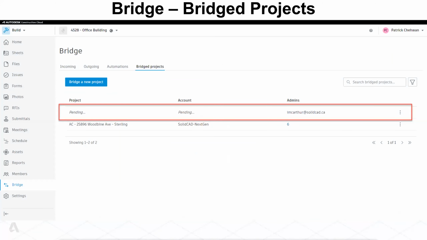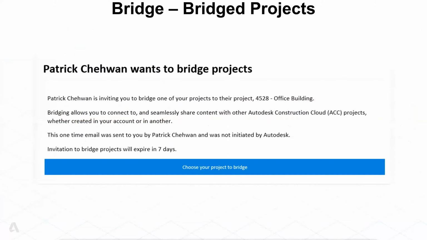Now we see it here as pending on the ACC platform. On the next slide, we're going to see an example of the email that Ian received. So Patrick is inviting you to bridge one of your projects to their project, office building. Now, Ian has the option to choose from his list of projects. So if Ian clicks on choose your project to bridge,